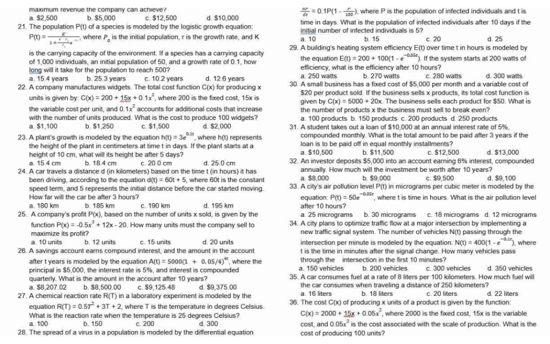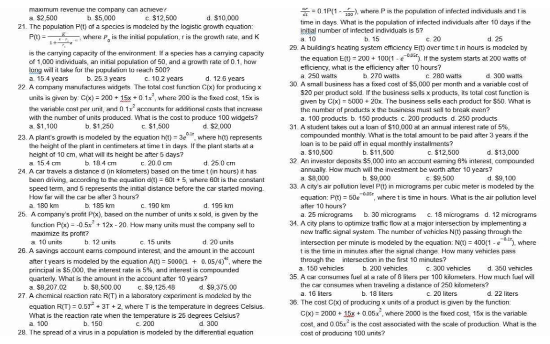12,500. Then an investor deposits $5,000 in an account earning 6% interest compounded annually. How much will the investment be worth after 10 years? So after 10 years, the investment will be letter B,